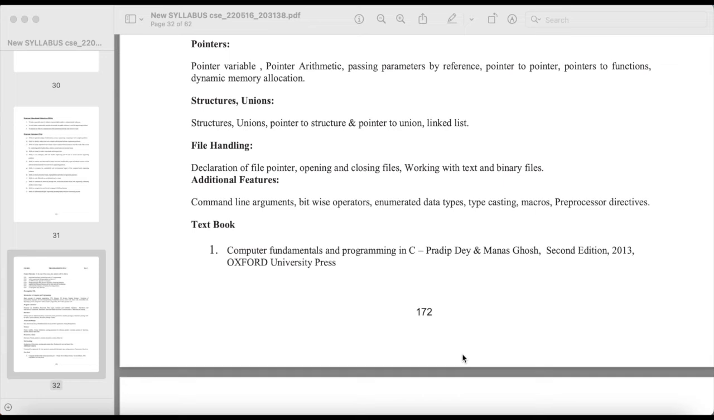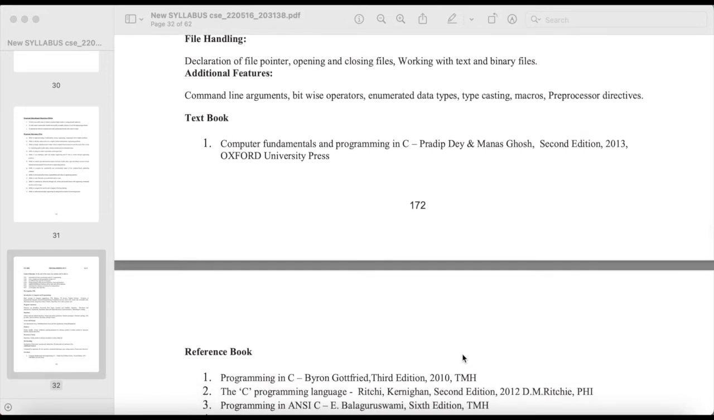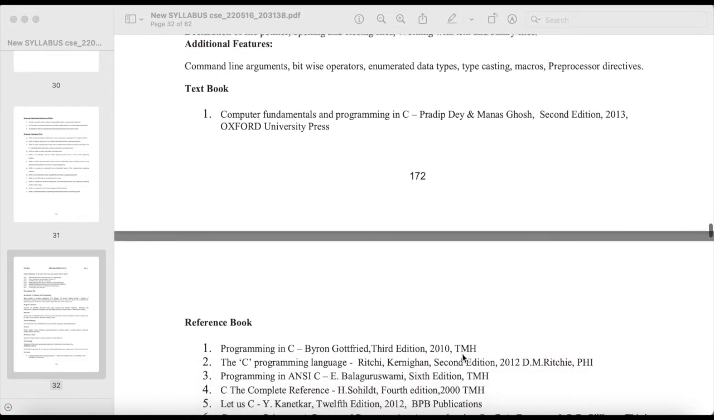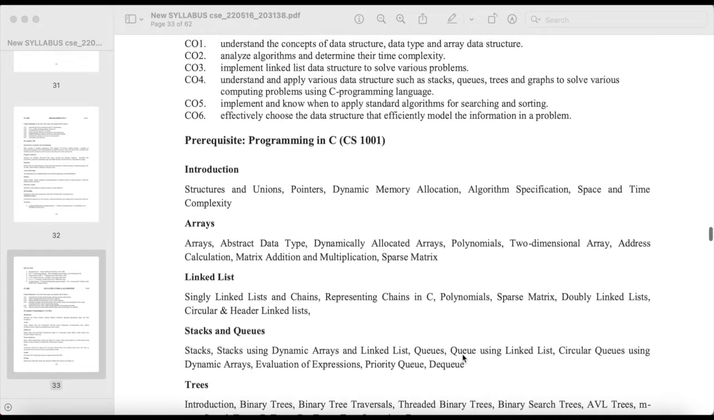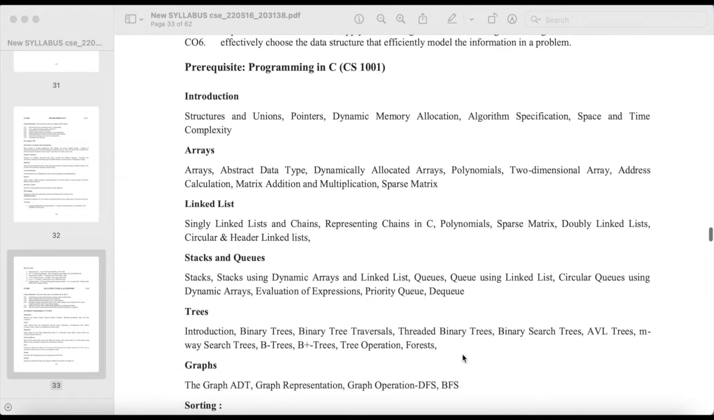pointer to structure and pointer to union, linked list, file handling, declaration of file pointer, opening and closing files, working with text and binary files, additional features, command line arguments, bitwise operators, enumerated data types, typecasting, macros, preprocessor directives. Data structures and algorithms: introduction, structures and unions, pointers, dynamic memory allocation, algorithm specification, space and time complexity, arrays, abstract data